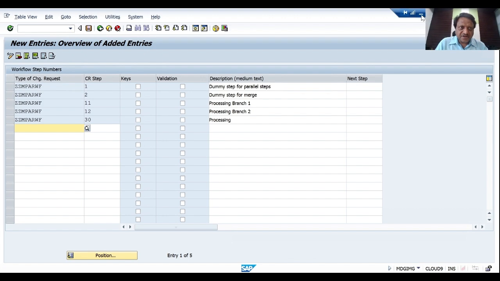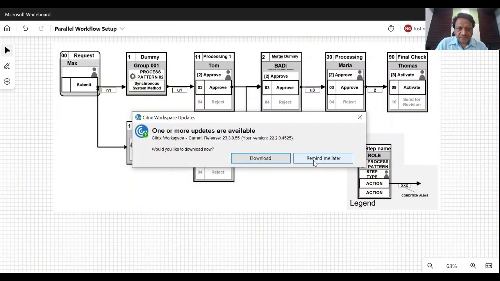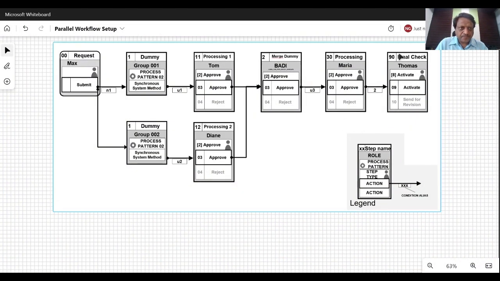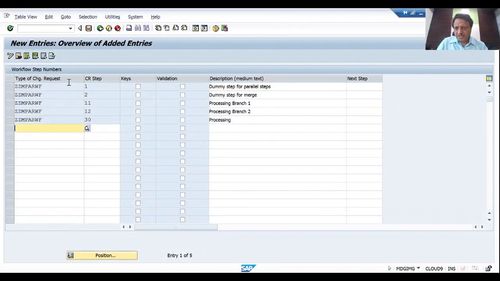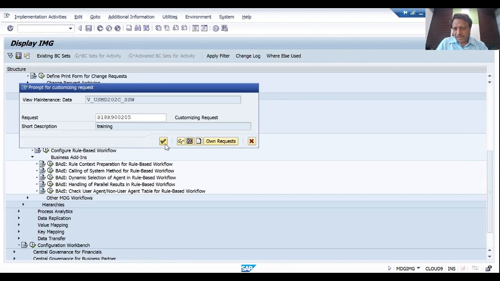So the 30 gets created, so this gets mapped. Then final check 90 is already part of the template. So 90, 95, 99, then 92, 93, they're all already part of the standard template, and we should have those mapping. So let's save this, and